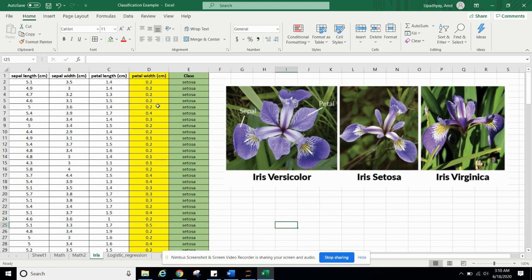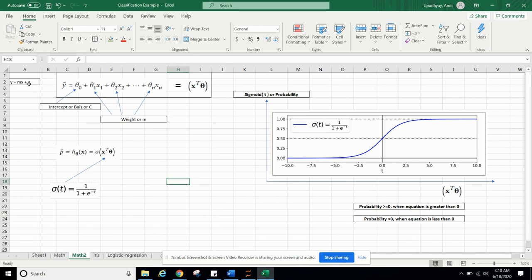First, we'll understand what iris data is. This is iris data. There are 150 rows and 4 columns. You can see, right? Sepal length, sepal width, petal length, petal width, class. And there are three classes: Iris versicolor, Iris setosa, Iris virginica. And this is the petal. So this will be petal length and petal width, sepal length and sepal width. So we are taking petal width as our x and class as our y. So what will be the equation? y is equal to mx plus c. Okay. We can write it in the same way as well.